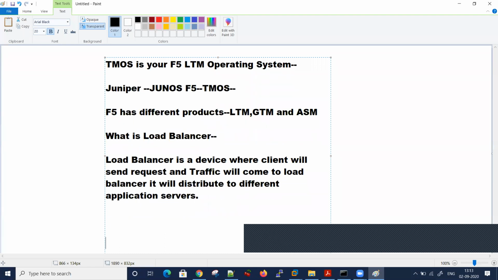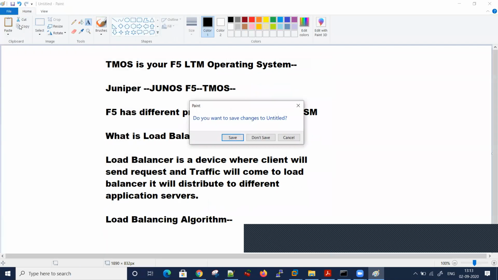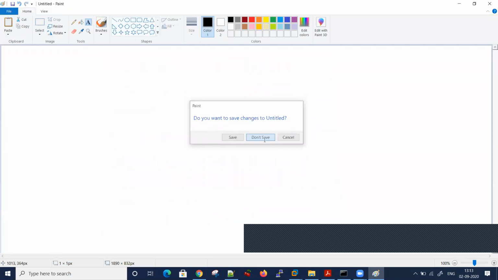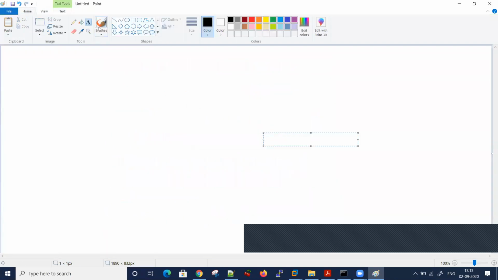Different load balancing algorithms can be there, and we will cover them in detail. If I talk about the basic architecture, like how a load balancer works and what the advantage of a load balancer is, I will show you now in a picture by diagram.